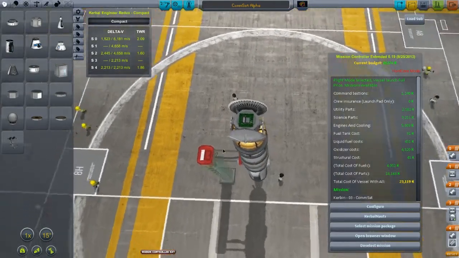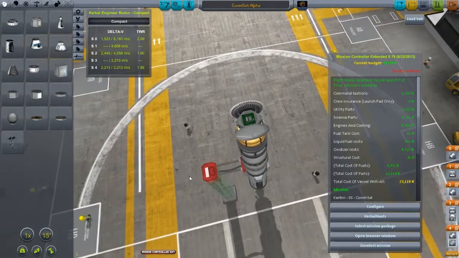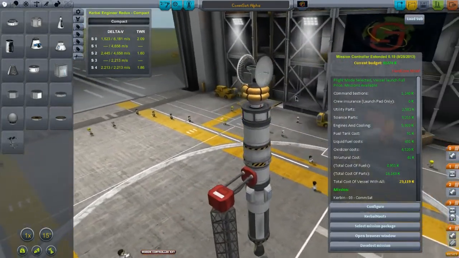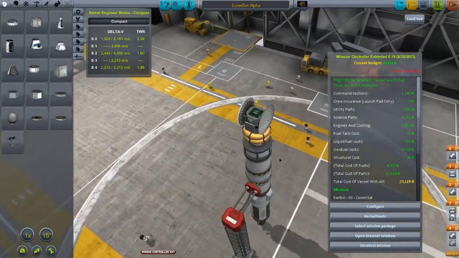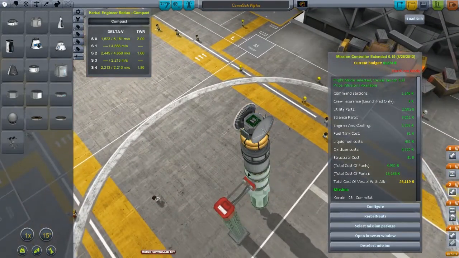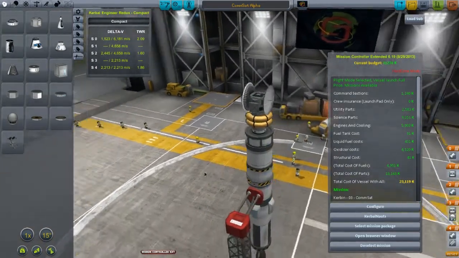So I went ahead and made this, a ComSat Alpha. I know my naming convention is kind of boring. I'll probably come up with something a little bit more fancy later, but here's what I got. It's a 3-stage. I got 4 antenna, and I have the solar panels, of course, the propulsion for when I